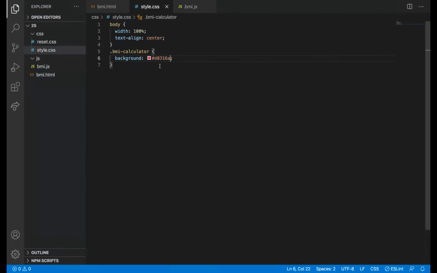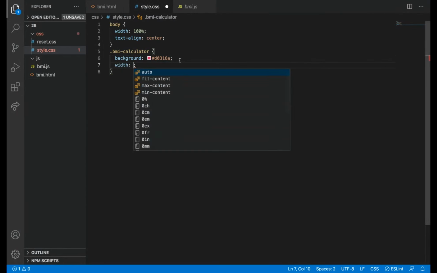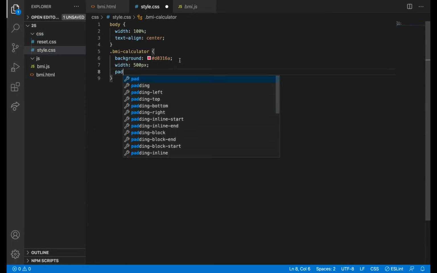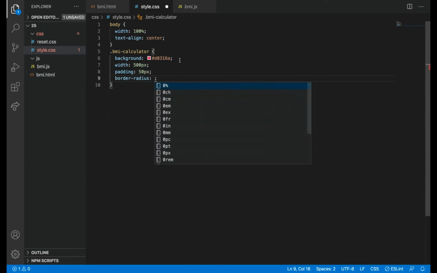What we are going to do is give width for it. Let's say 500 pixel, and then padding 50 pixel, and then border radius 5 pixel.